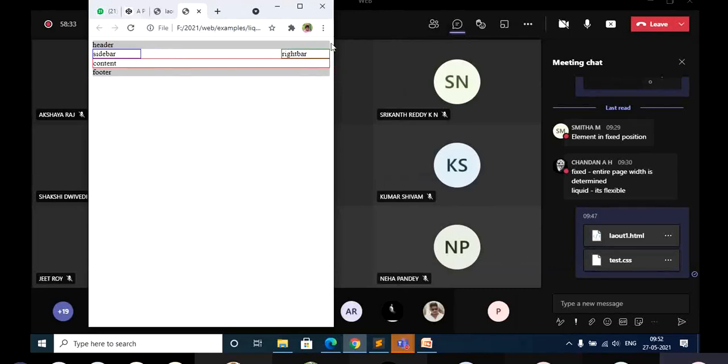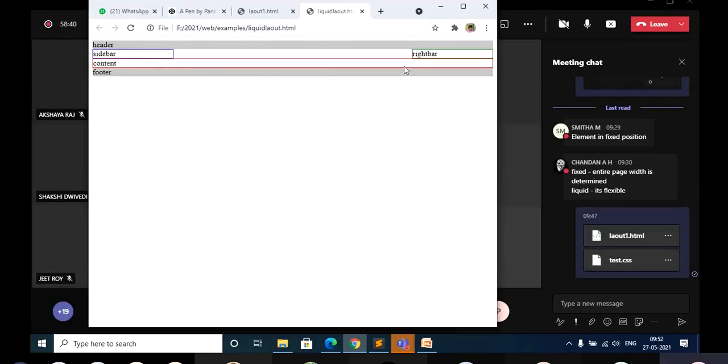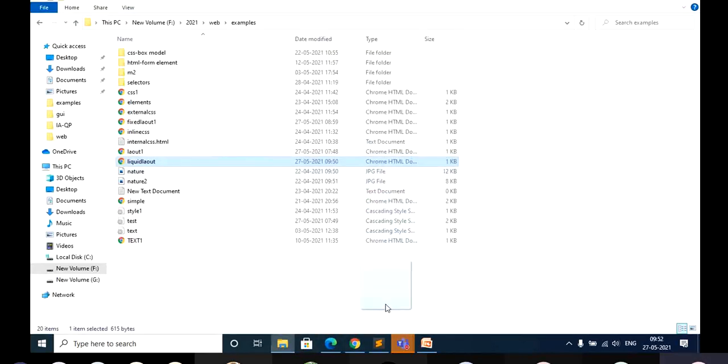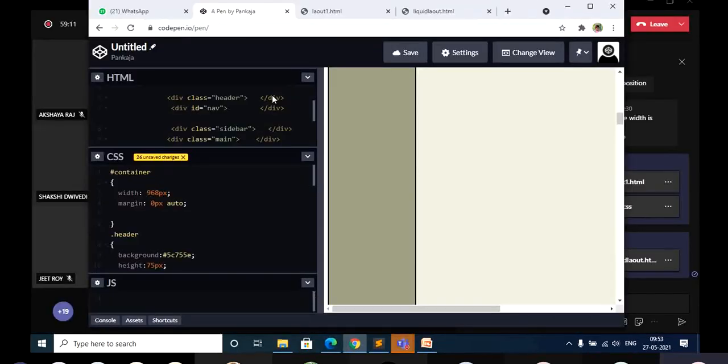Both are not the same. Here you can see the content is adjusting with respect to this window size. If I increase it, accordingly it is going to adjust the content to this window size. I will be sharing this code also. You try it yourself and make some changes. You can start using CodePen.io. Those who do not have a laptop can use this compiler. Others also, it is better to use this because as and when you code, you can immediately view the output.